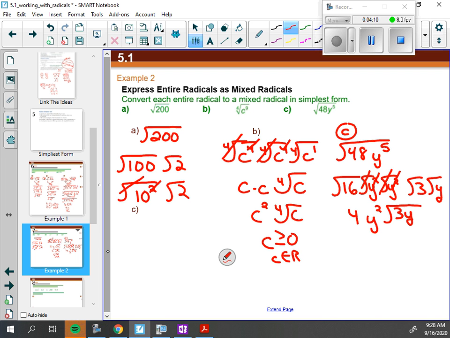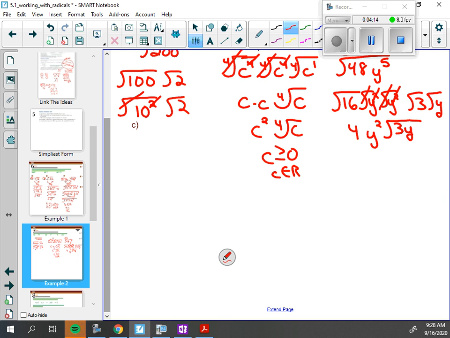Okay, restrictions on this variable. It's probably easier to look there. Y has to be, can it be positive? Yes. Can it be 0? Yes. Can it be negative? No. Okay. So y is greater than or equal to 0, and y is an element